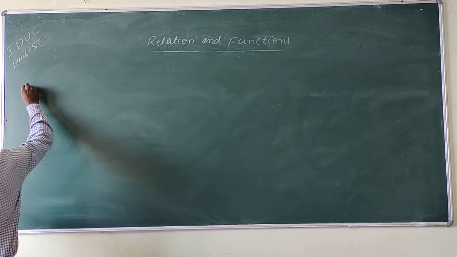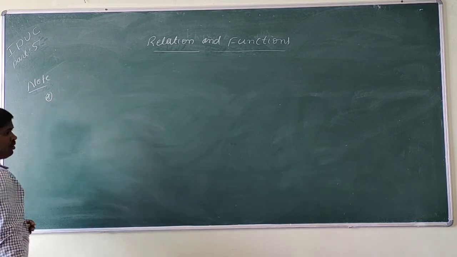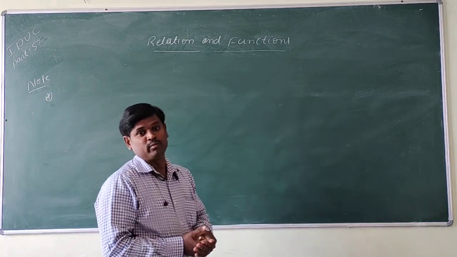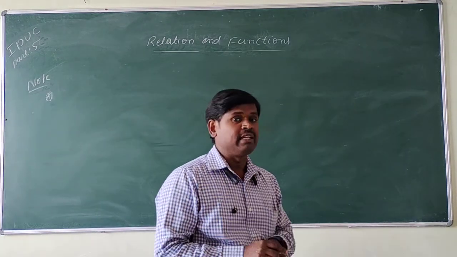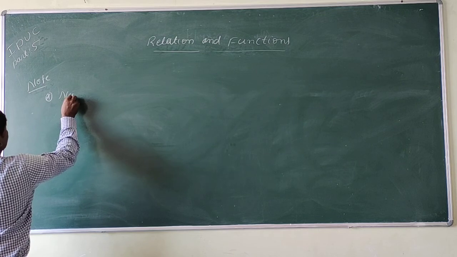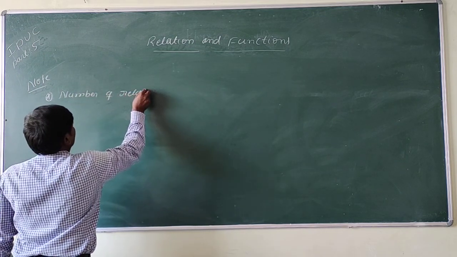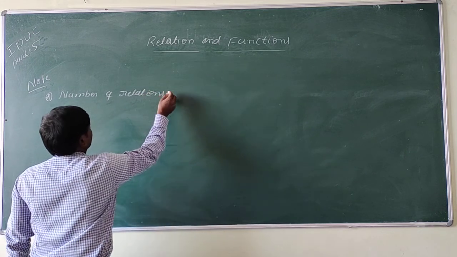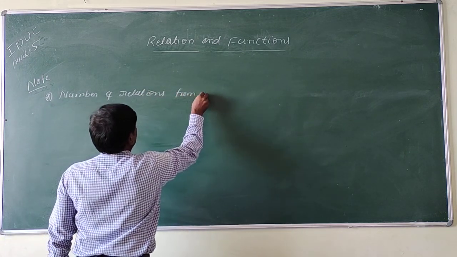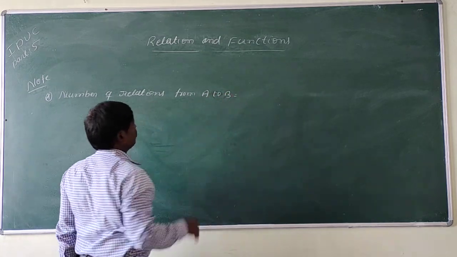The note is about the number of relations. Suppose we need to find the number of relations from A to B. How many relations are possible to write from A to B? The number of relations from A to B is equal to